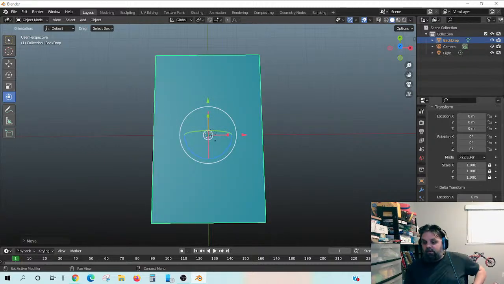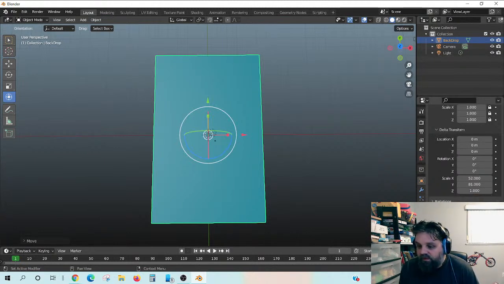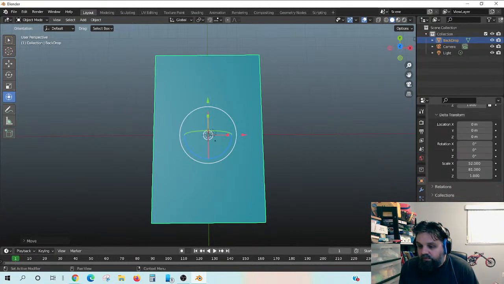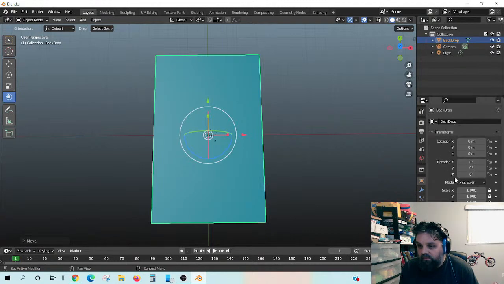Okay, so I'm using delta transform. Collection, relations, motion paths, visibility, viewport, and line art, custom properties. Oh, what? Oh, maybe if I,